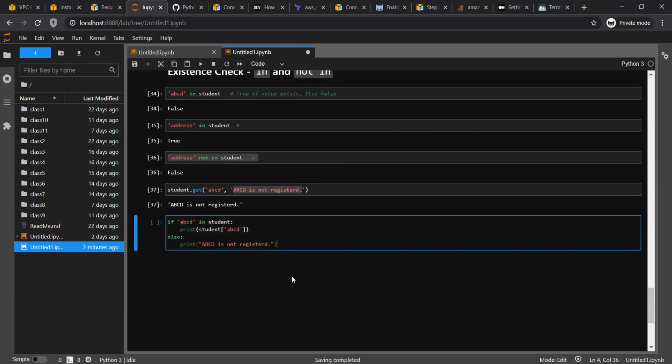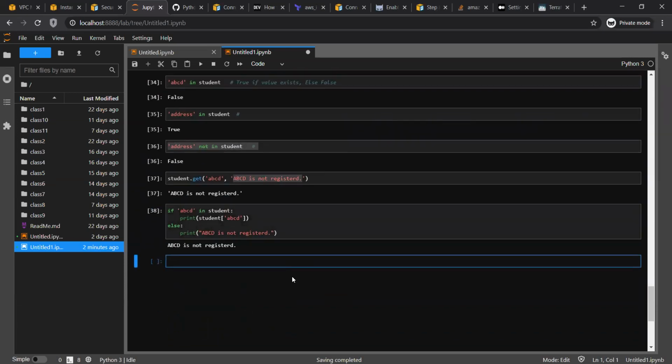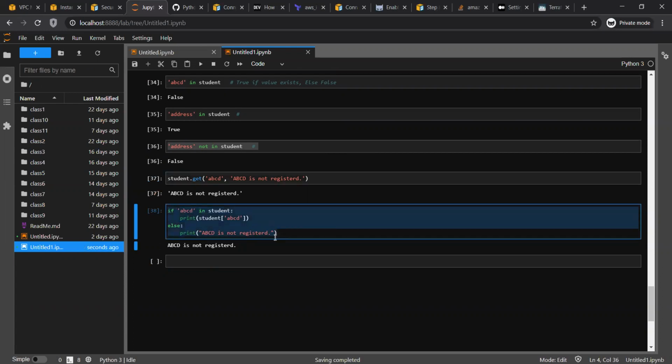Okay. So the same line, if you see here, and that's the beauty of Python, whatever one single line is doing, I can write the same thing in another way, but it's a longer route.